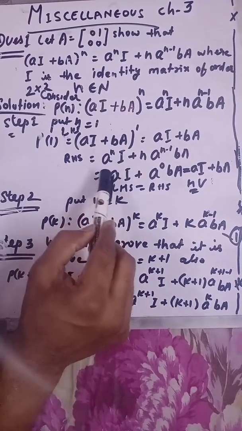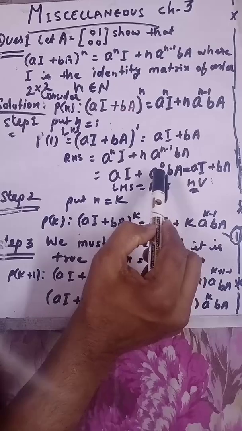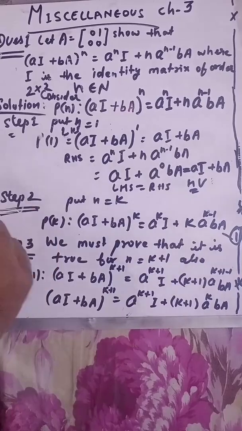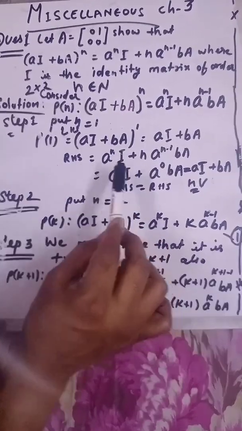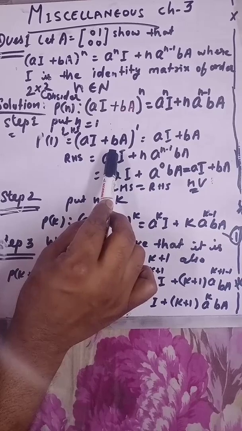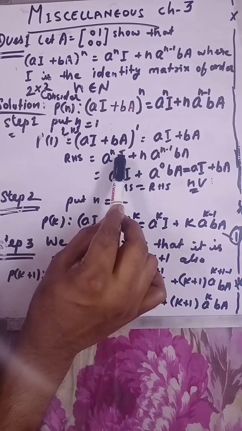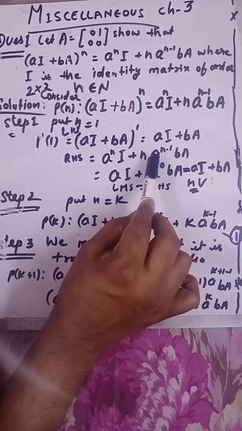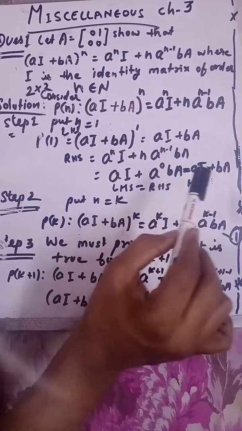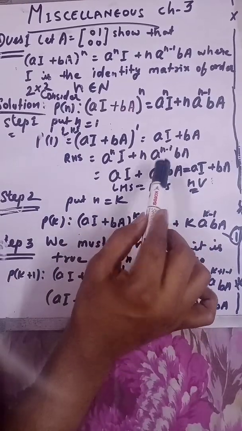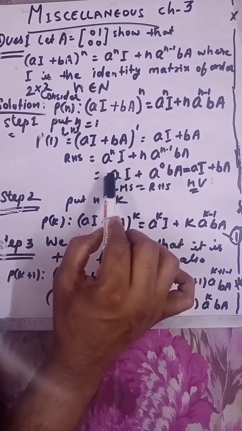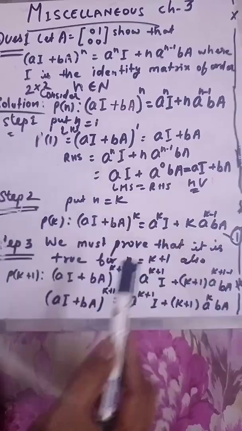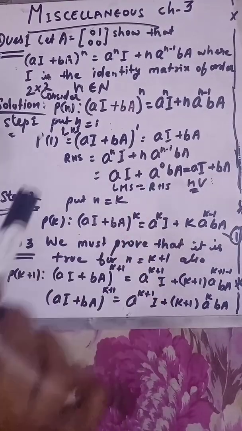When you put n equals 1, on the power of A you will get A raised to power 0, and this statement you have to copy exactly, because in place of n we are putting 1. So this will be A, this will remain I, plus n equals 1 so no need to write it, A raised to power n minus 1, that would be 0, and BA. Fine. A raised to power 0 is 1, so your final answer will be AI plus 1 times BA, that is AI plus BA. Hence we can say that our left hand side equals right hand side, so the first statement is verified.